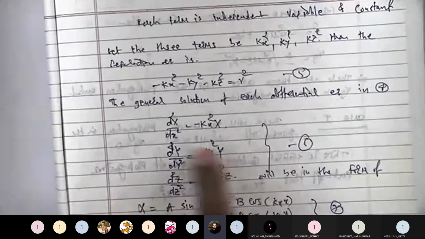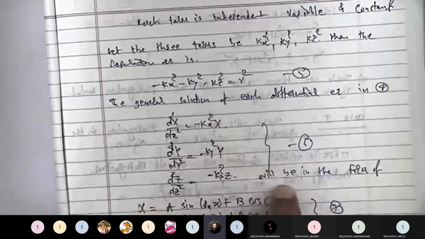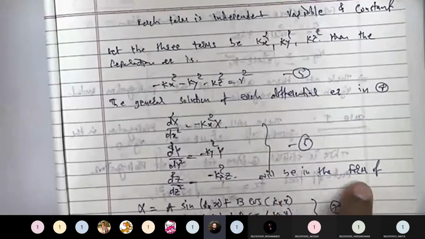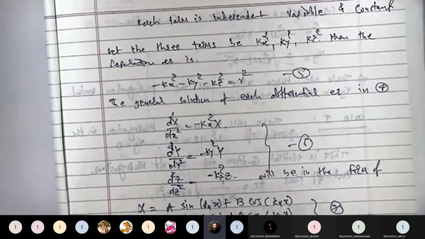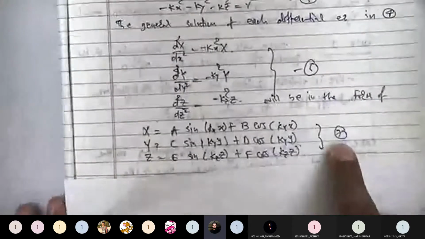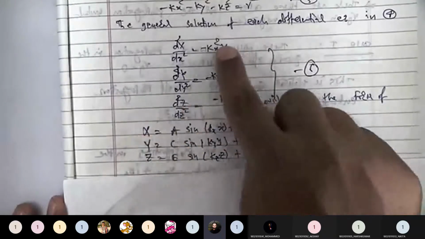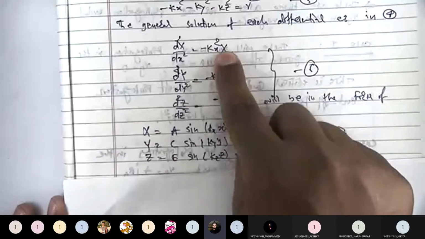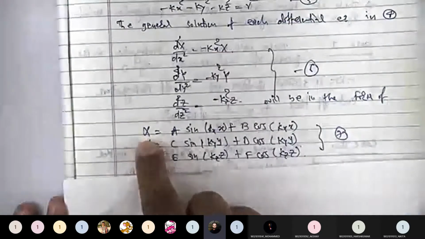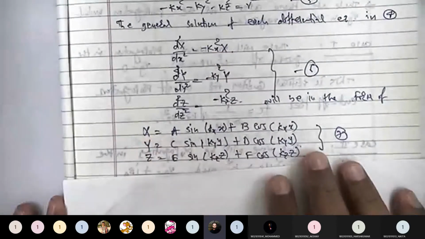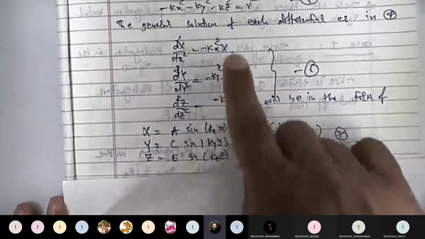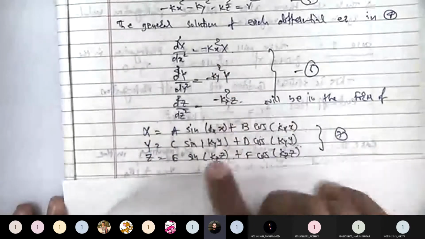Then this equation number 6, આ જે ત્રણ equation છે can have the solution in the form of this equation number 7. તો 7 નું સોલ્યુશન આવી ગયું છે. તો what is the solution? So all of you now know what the solution of this is. For example, upper one, આ x નું સોલ્યુશન શું છે? તો x is nothing but now તમે મેથેમેટિક્સના ક્લાસમાં all of you have seen કે આ પ્રકારનું ડબલ ડિફરન્શિયલ ઇક્વેશન હોય તો સોલ્યુશન શું હોય?